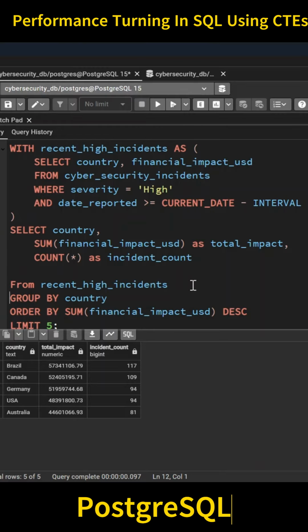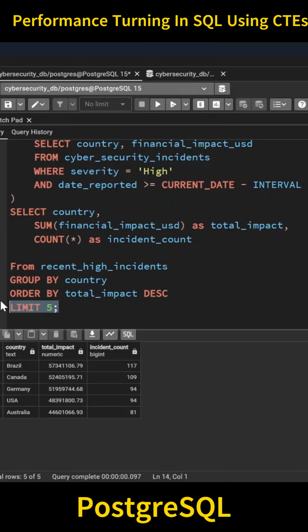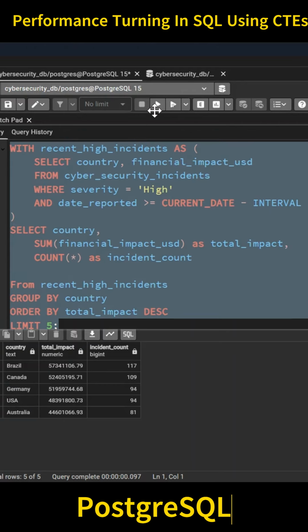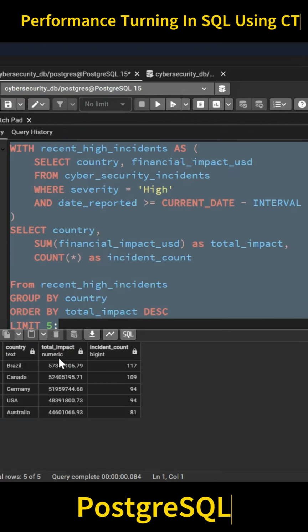Then I'll use group by. I'll keep group by country. Then I'll do now the order by. I'll order by total impact, and I'll still maintain descending order and still use limit 5. On the earlier results, I had Brazil, Canada, Germany, USA, and Australia. Let's see if I run this code, I'll still get the same results. Perfect. Run successfully, and now the results: Brazil, Canada, Germany, USA, Australia, and the numbers are still the same. But